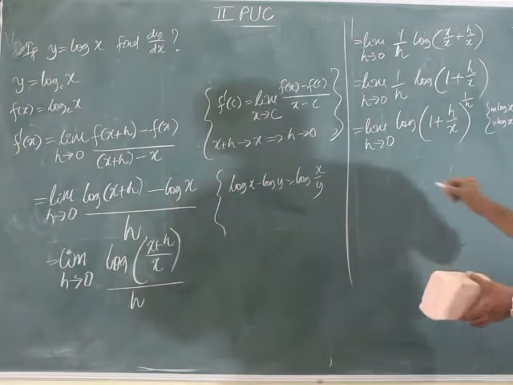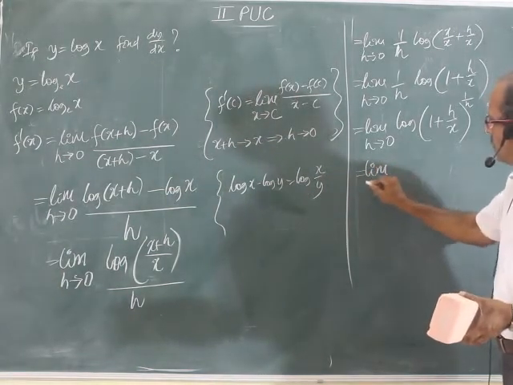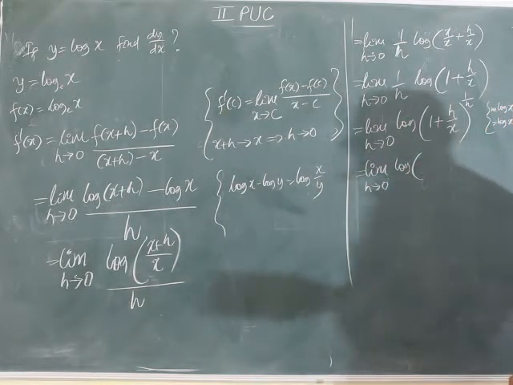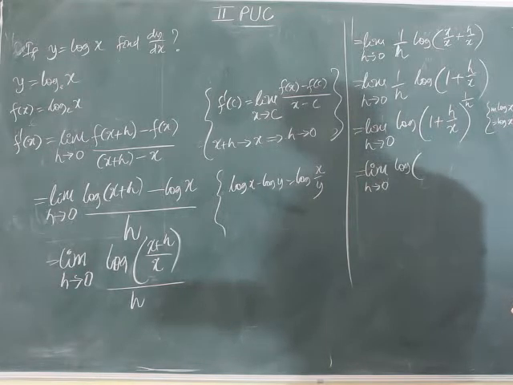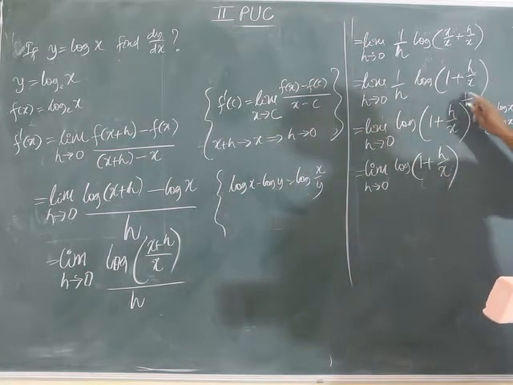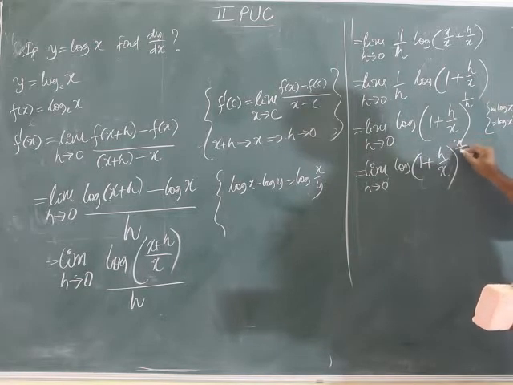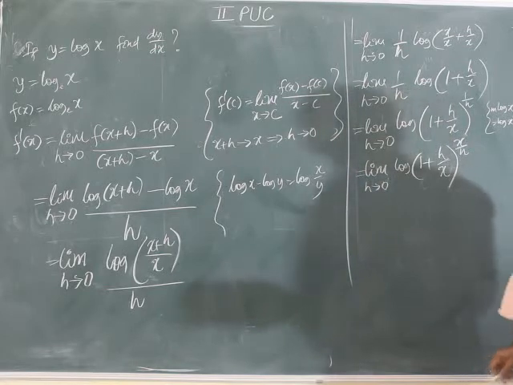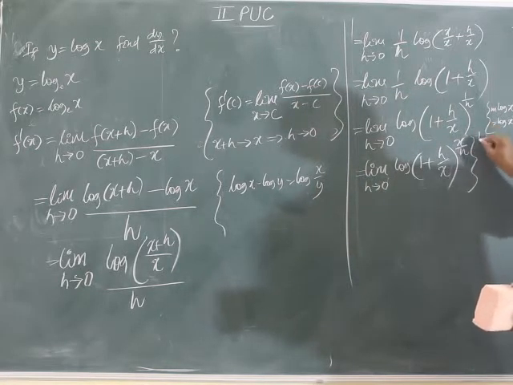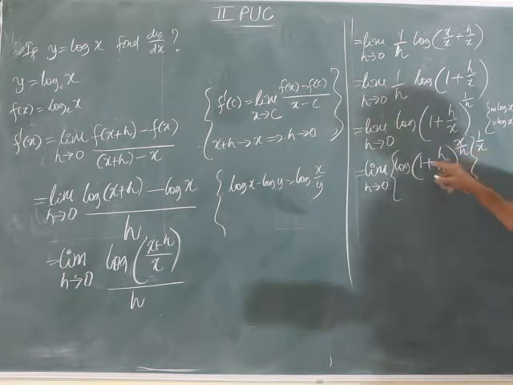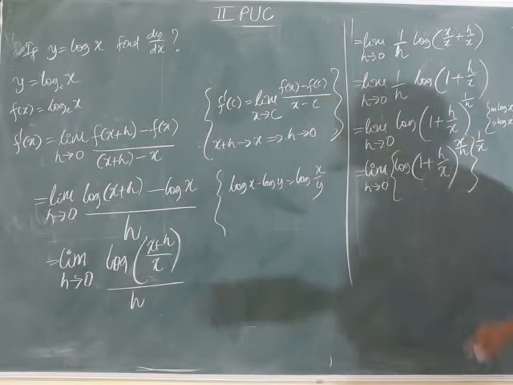Now manipulation, just to see if you followed this particular step, I can say that you clearly understood the derivation. 1 plus h by x whole to the power, now I am writing this one as x by h. Instead of writing 1 by h, I have written x by h, into 1 by x. When you take the whole to the power, this x cancels.